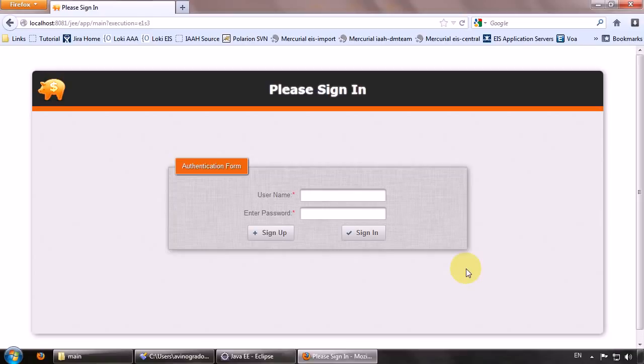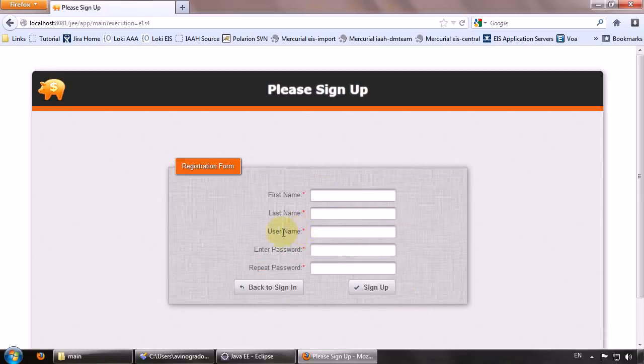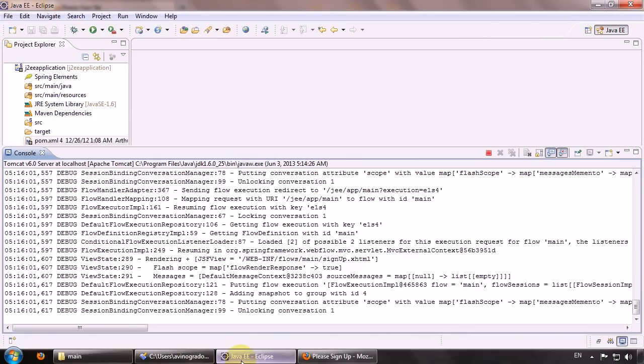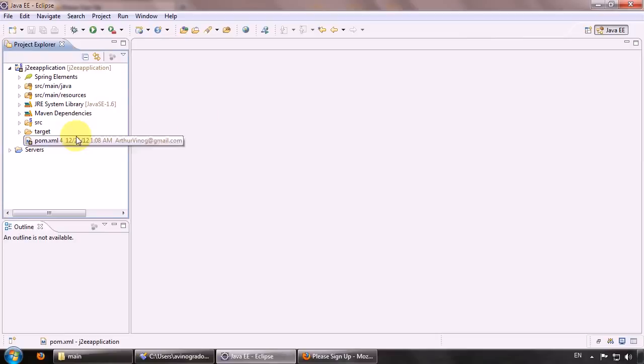So that basically means that all the data we type in these fields will not be saved anywhere in server memory. These data doesn't go anywhere. As you might guess correctly, we need to create some Java class model that will hold all this data in server memory. So let's go to the Eclipse and